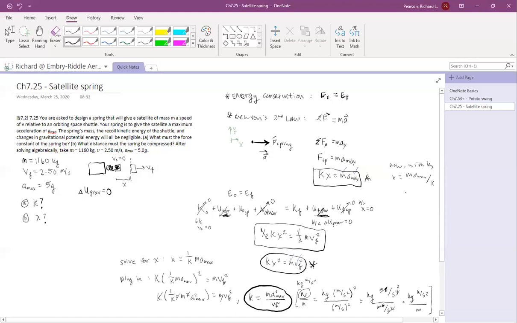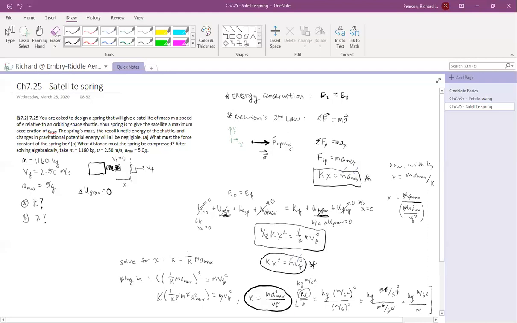So now we will plug in our k so that x is equal to m a max divided by m a max squared divided by v final squared, so that our masses can